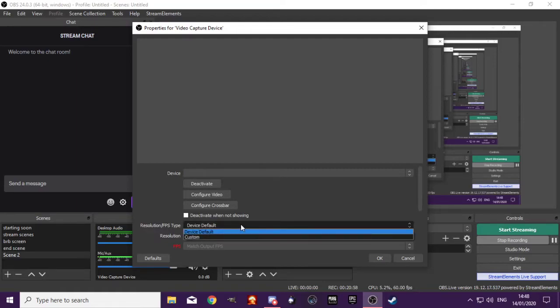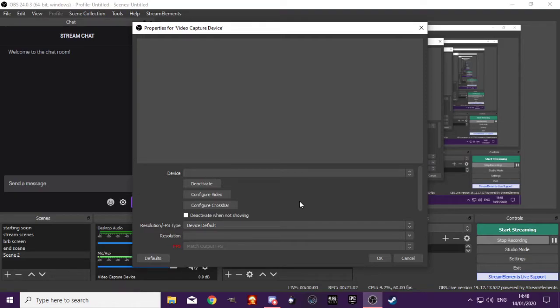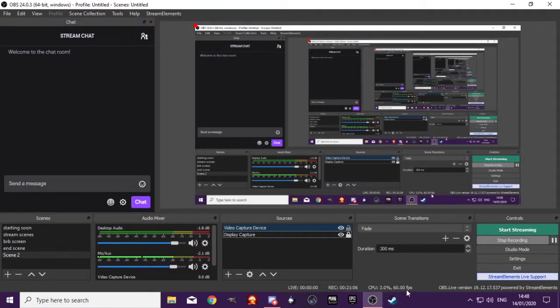Now you've got custom FPS type if you need it, remembering that OBS does, hang on a moment, 60 frames a second. I think it can do higher than that, but 60 frames a second is perfect for most games. But yeah, video capture device is your camera, and game capture is the other one you want to use